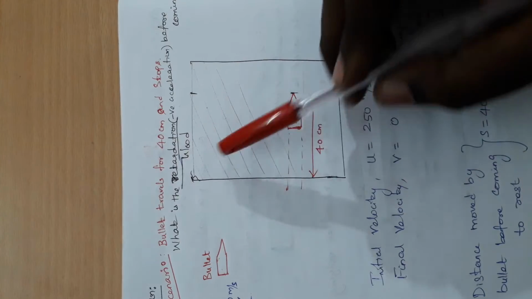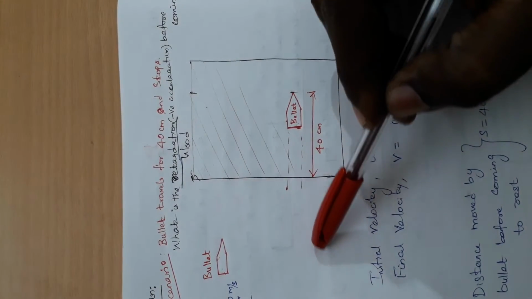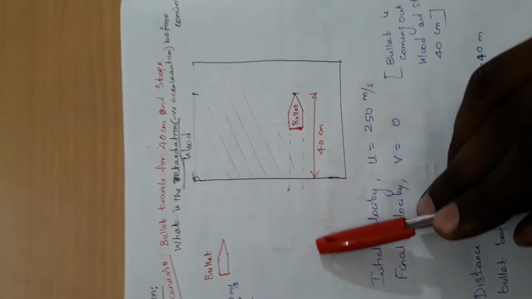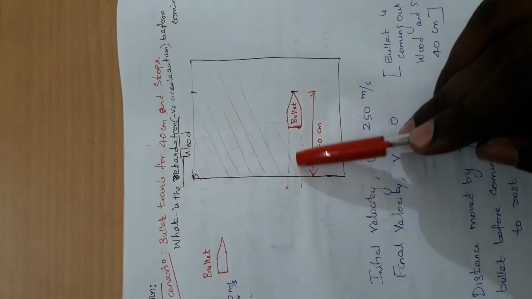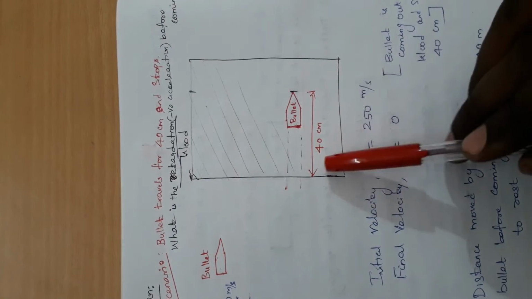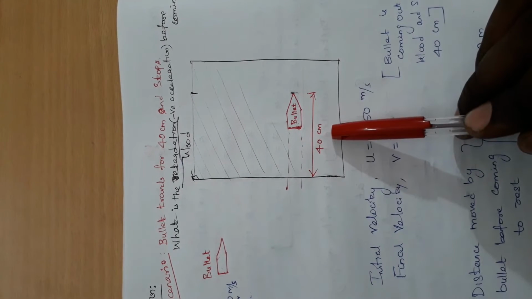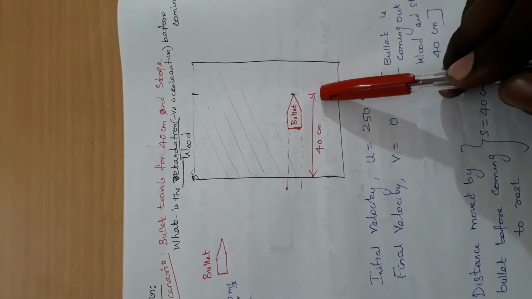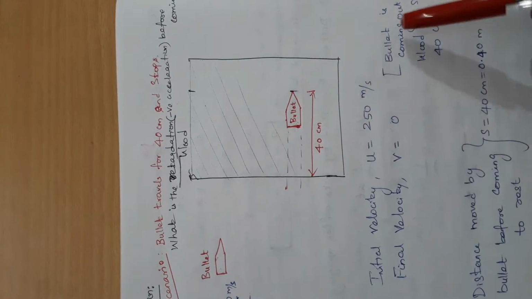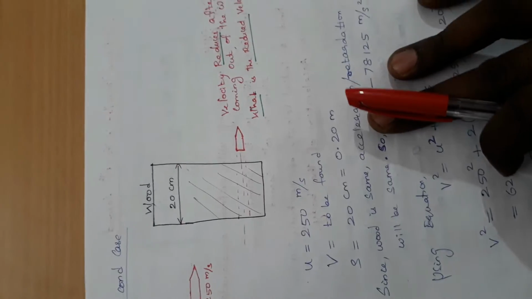The bullet comes from here, it goes inside and it gets stuck here. The distance traveled inside the wood is 40 centimeter and it stops at this place. Now the question that is asked is